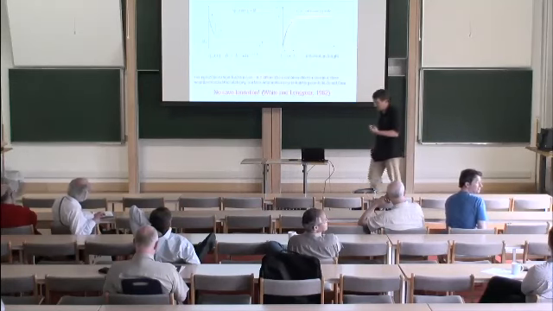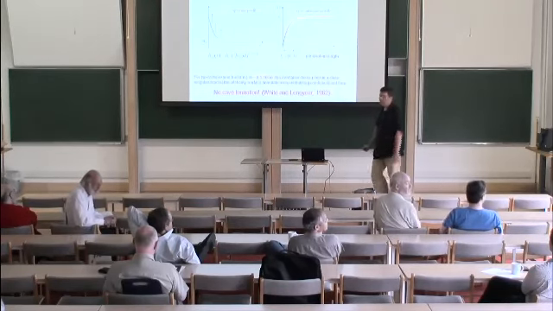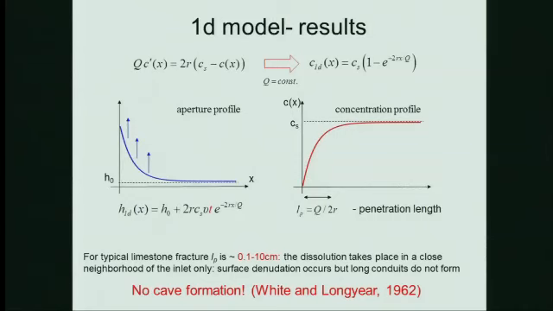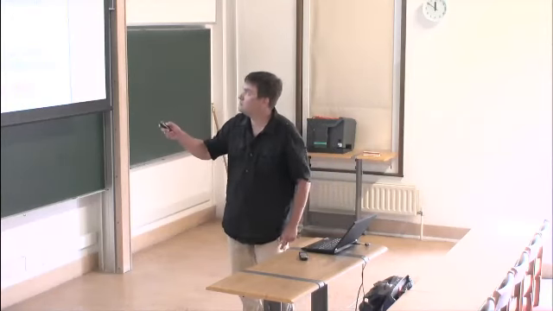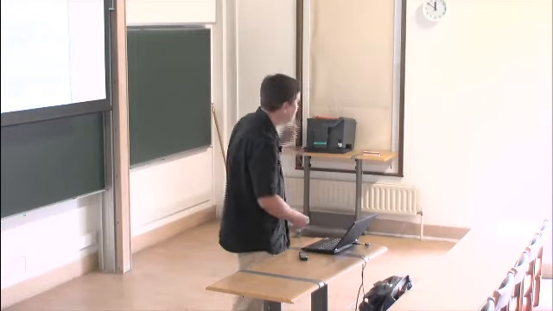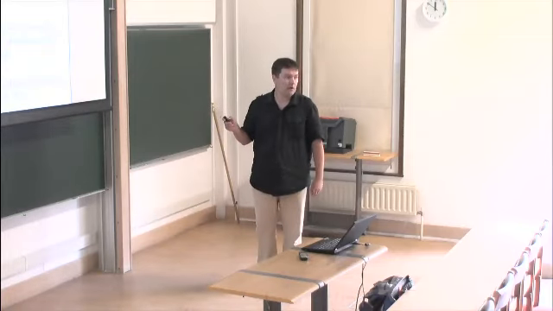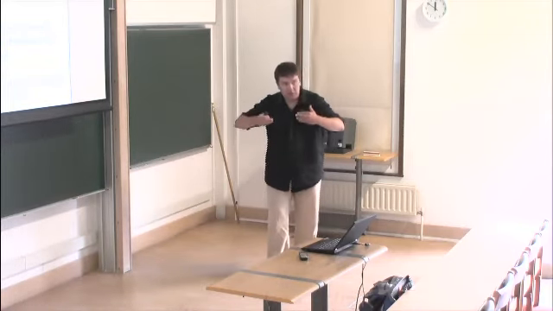And the way out that they could see, which you could probably also guess yourself just by looking at this differential equation, right? Because the right-hand side is linear, we are going to get the exponential, right? So the way out for them was to say, this must be the problem, that we have assumed the linear reaction rate. And the way out proposed by White in 1977 was the so-called kinetic trigger mechanism, when they said, well, when you really look more carefully at